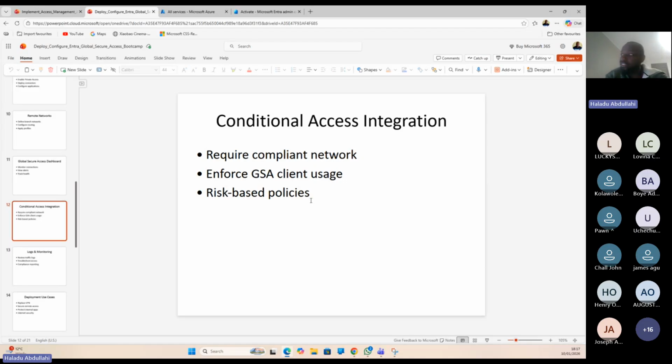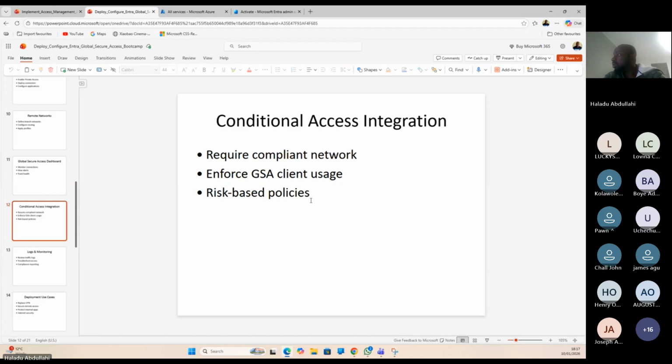alerting you. That's what we call risk-based policy, because it is contextual, based on location, based on IP address, based on application access, meaning geographical positioning. So based on different risk factors or risk contexts, it will give you that alert. So you can also configure it in conditional access policy. I've been configuring that. So once you configure your conditional access policy, integrate it to the GSA clients, and boom, everything